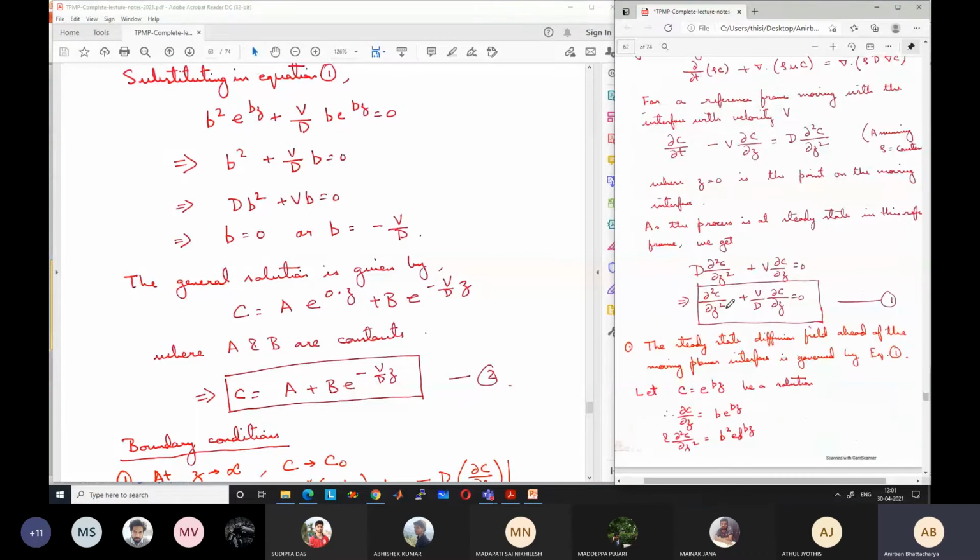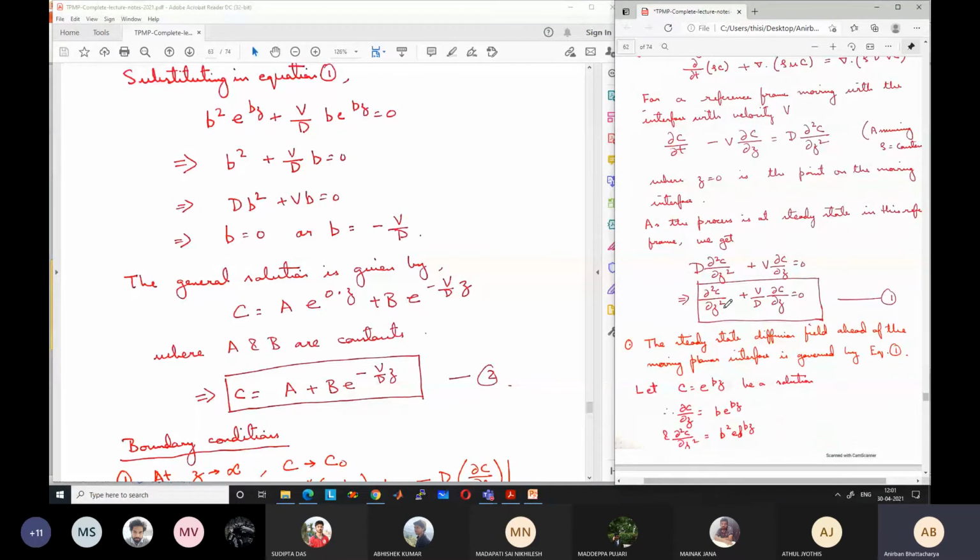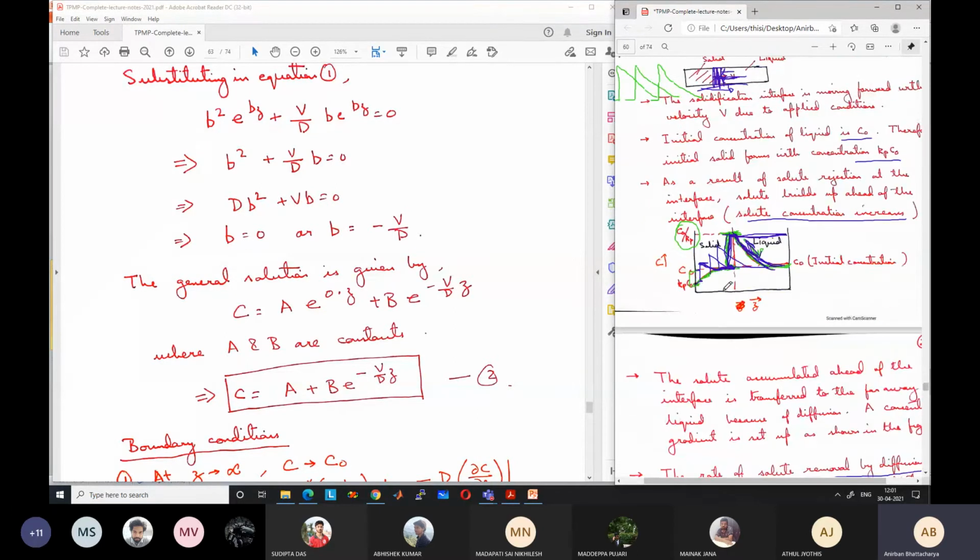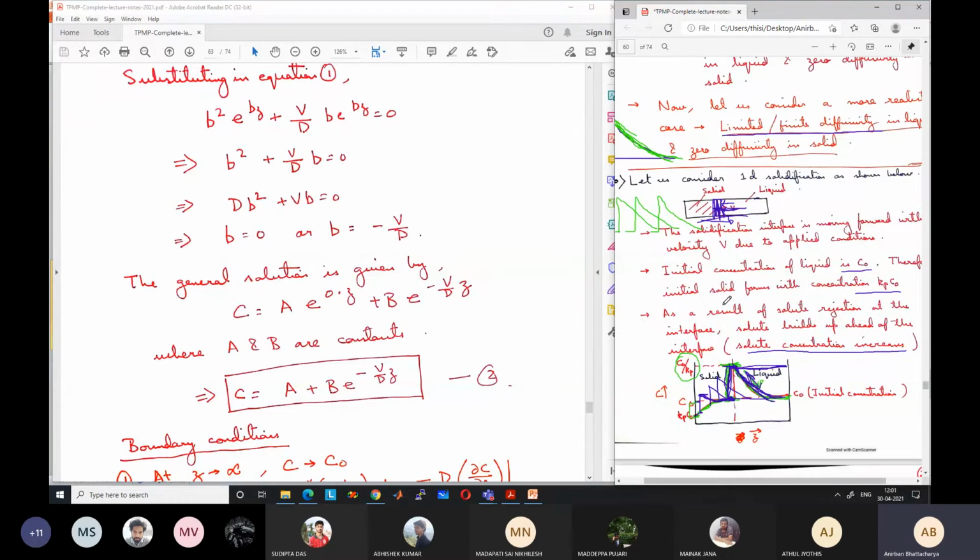So let us look at the boundary condition. For this calculation, we have to assume that there is no boundary on the right hand side. It's an infinitely long boundary. Otherwise, the final transient will come into the picture and we cannot accurately calculate. So when we are doing this 1D steady state solidification, another assumption is that the boundary is semi-infinite, meaning infinitely long in the right hand direction.